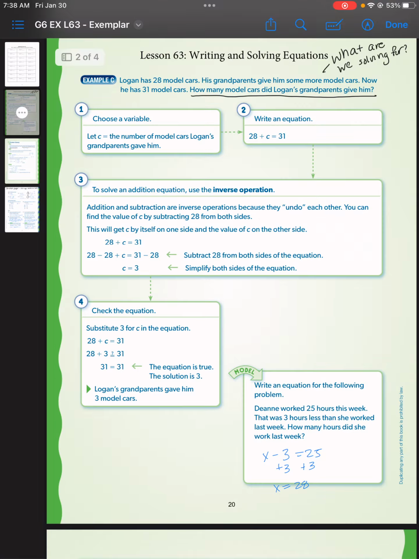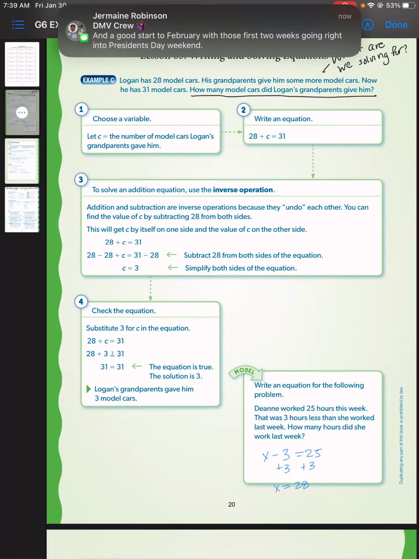As you jump into lesson 63, students are writing equations in preparation for solving them. So students are going to see a number of word problems. So in this example, Logan has 28 cars. He's given more cars, which gives him a total of 31. We need to figure out how many cars did Logan's grandparents give him. Check students' comprehension. Ask them, what are we solving for? Make sure they know what they're looking for. And then follow the model. They choose a variable. They write the